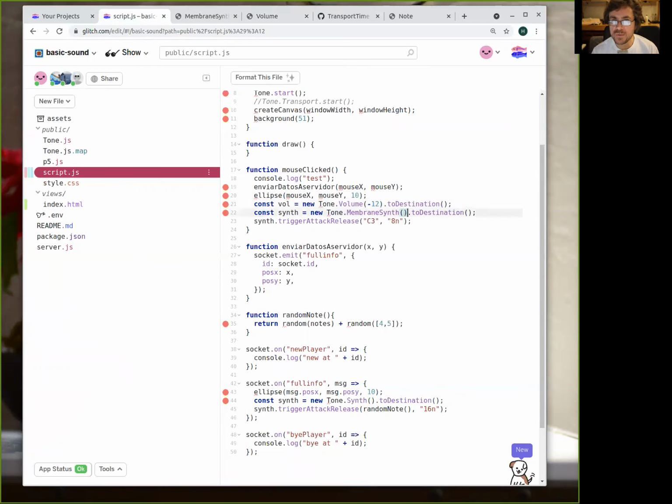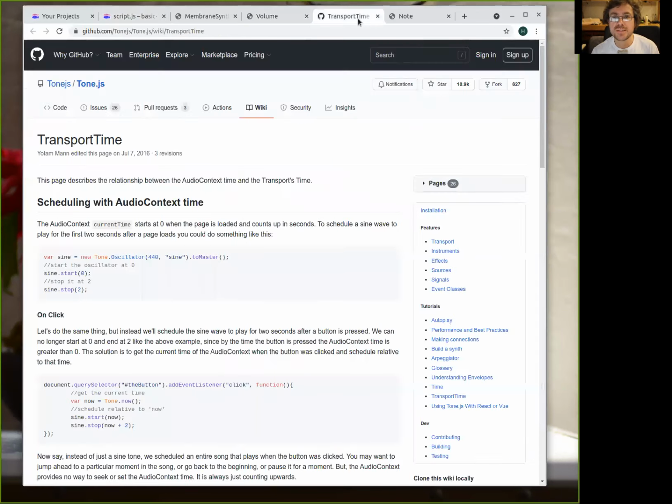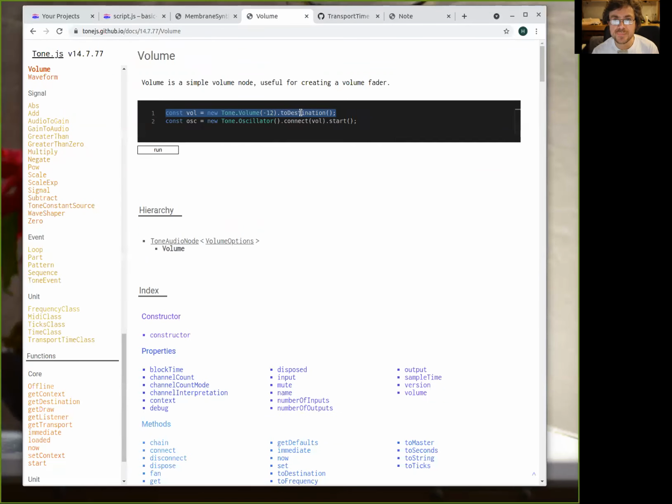What do we need to do to this one? Dot connect, right? Oh, no, that's not true. Yeah, the membrane synth. Give me just 1 second. Okay, we have this. So what do we need to do with the membrane synth? We have it here, right? The volume to the destination and this one to the, oh, but the problem with this particular one is that